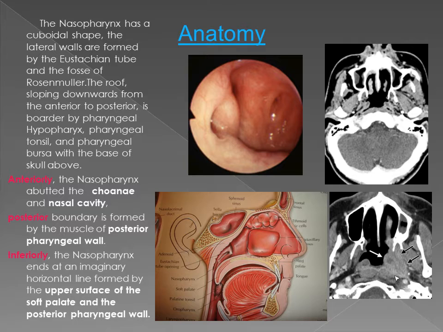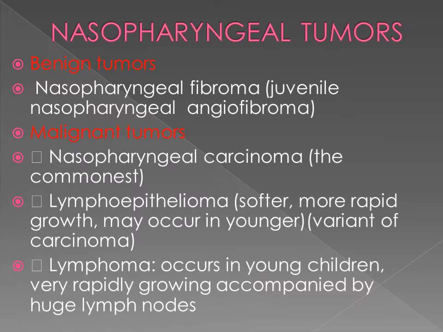Then after the anatomy, to start with nasopharyngeal tumors, the most important benign tumor to discuss is the juvenile nasopharyngeal angiofibroma. Also the malignancies, there's the nasopharyngeal carcinoma, which is the commonest. Lymphoepithelial carcinoma is softer with rapid growth, maybe in younger age. It's a variant of the nasopharyngeal carcinoma. And the lymphomas, which are commonest in the young age,